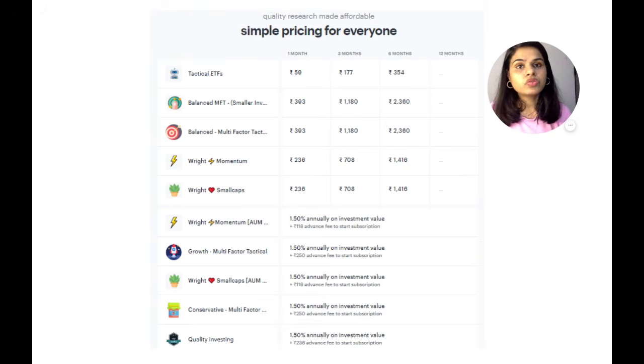Coming to our thematic portfolios, our momentum and small caps are only for people who want to take high risk. And again, you should not invest all of your money into a momentum or a small cap portfolio. You should allocate, let's say, 20 to 50% of your portfolio into these strategies. And then the quality portfolio is also a good thematic portfolio to add to your basket, and it will give you a portfolio flavor of good quality companies.